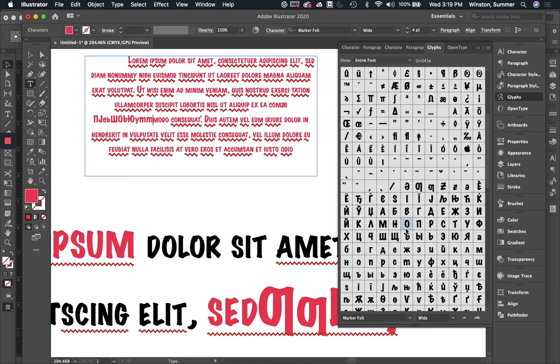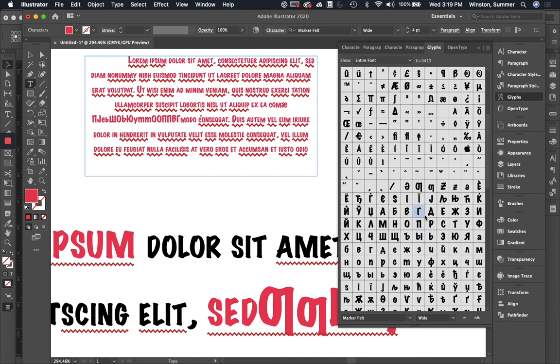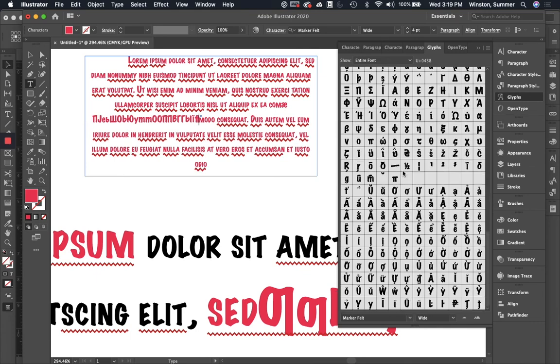It's going to follow the same tracking, not tracking, I apologize. It's going to follow the same leading, and so on and so forth. So you can just simply go in, find the glyph that you're looking for,